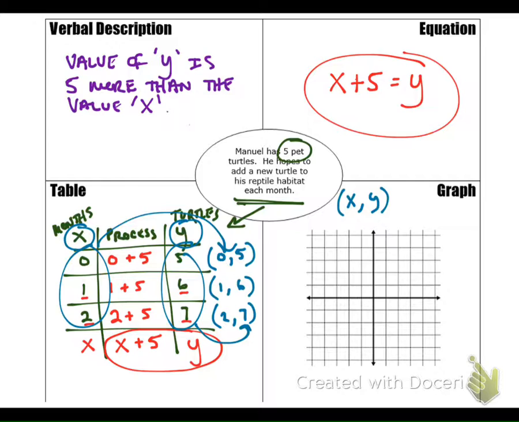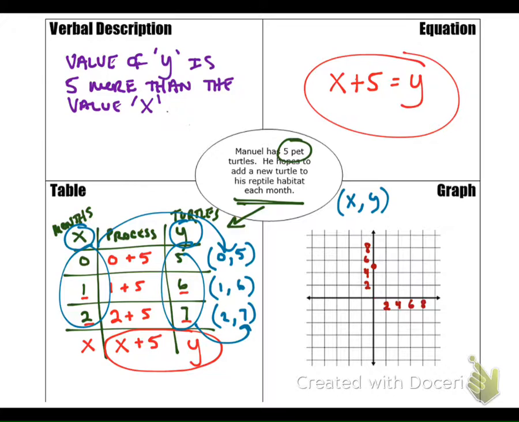So the first one I'm going to take is 0, 5. Now I need to look at my graph. Looking based on my numbers, I'm going to count by 2's here. This is going to be 2, 4, 6, 8, and I'm going to do the same thing going up. 2, 4, 6, 8, and 10 would be the next line here. So now I want to look at where my first point is. Well, when x is 0, so here's 0 right in the middle, my y is 5. So I'm going to come up right in between 4 and 6, and there's going to be my first point